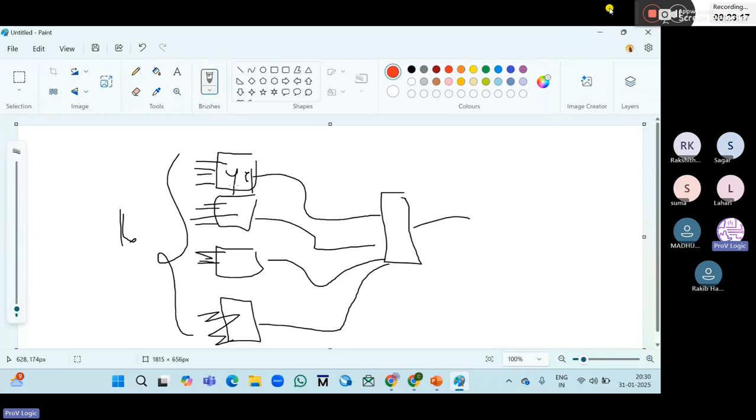Okay, so here we'll take 2 selection lines commonly. Here also 2 selection lines taking common, here also 2 selection lines. So all selection lines are taken common to these multiplexers. And here we'll get the 2 selection lines. Okay, so S0, S1, S2,